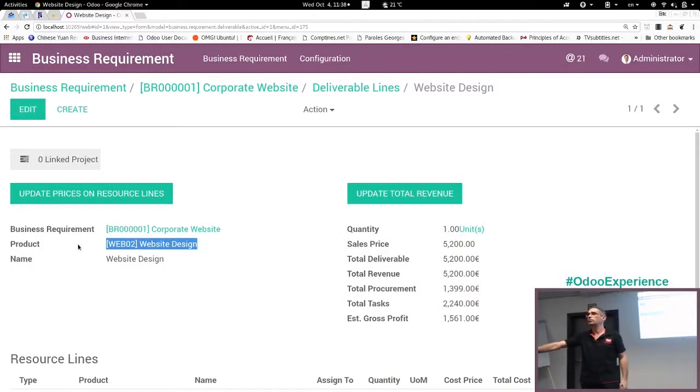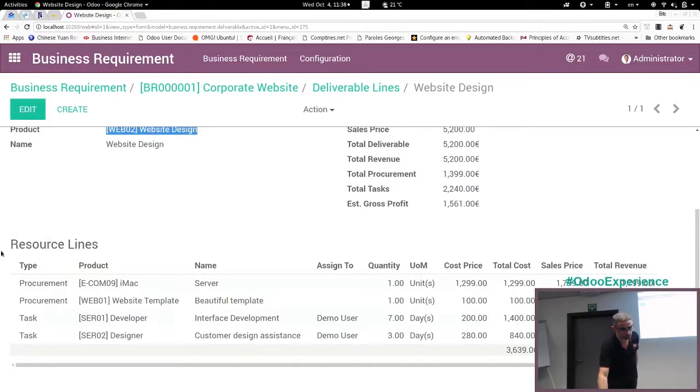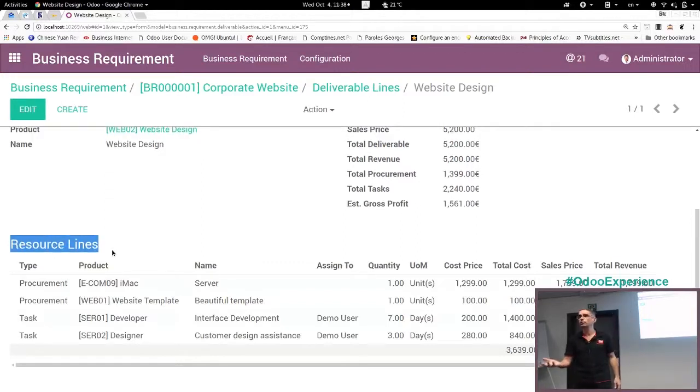The customer doesn't care how you do it. What he wants is a website at the end of the process. Where you care is actually for you: what are the resources that you're going to need to deliver the website? And that's your internal kitchen, what you are going to have to do to be able to deliver the final